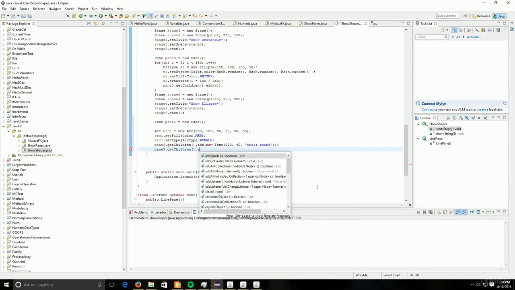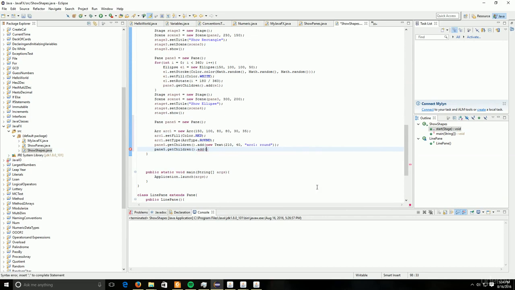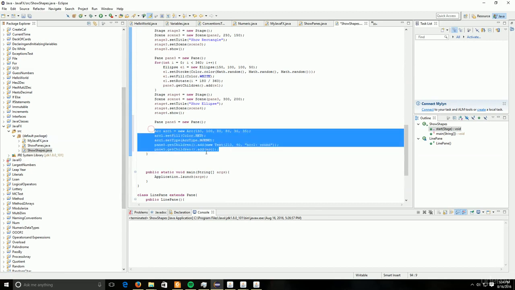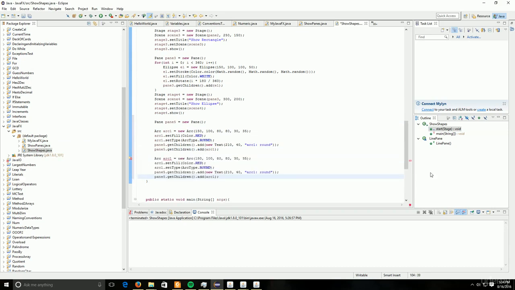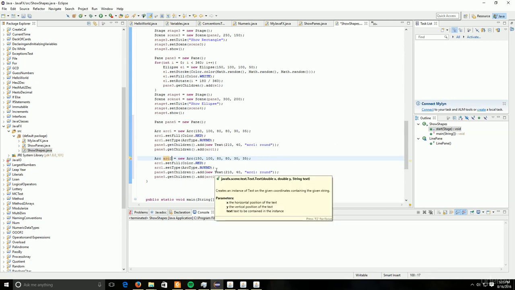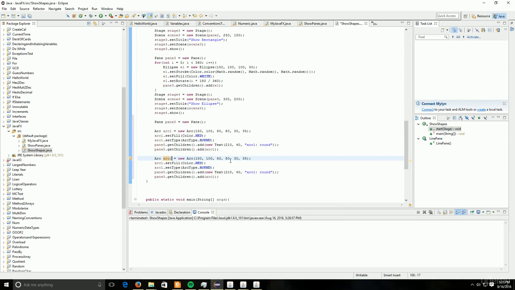This adding to the pane is going to be fairly simple, and it's just going to say pane5.getChildren.add arc1. Now, as I mentioned, this is going to be fairly repetitive, so we're actually going to copy paste this. We can't use a loop because there are small variations with every single one of our arcs, but we're just going to copy paste and then modify the appropriate situation. Now, I'm actually going to keep most of this stuff standard. The center is still going to be 100 by 150 by 100, the length is still going to be 80 by 80, but the only thing we have to change here is we need to convert this 30